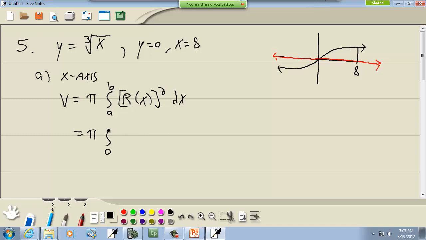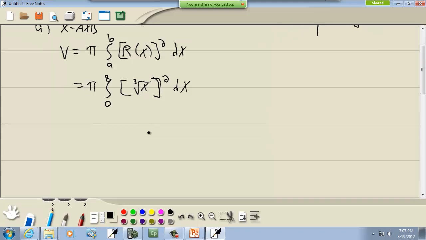So this is going to be from 0 to 8, and our graph, cube root of x, squared dx. Okay, so let's find that. So 0 to 8, and cube root of x is x to the 1/3, raised to the second power dx,